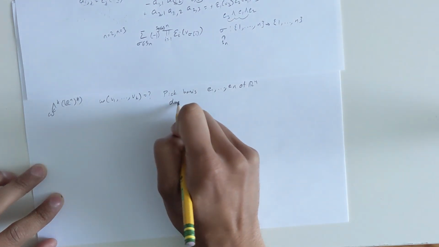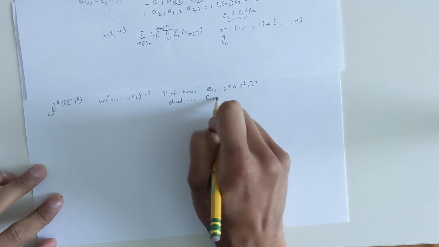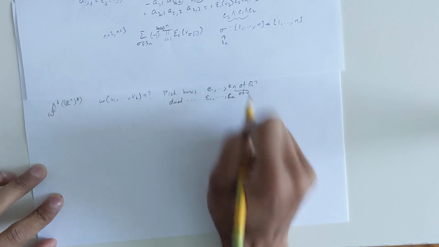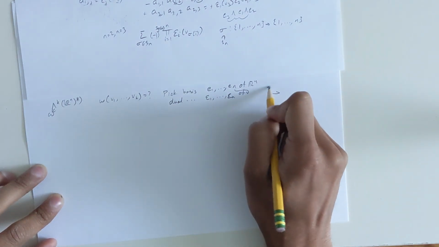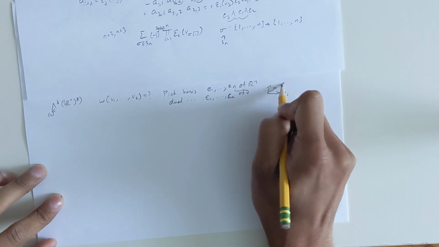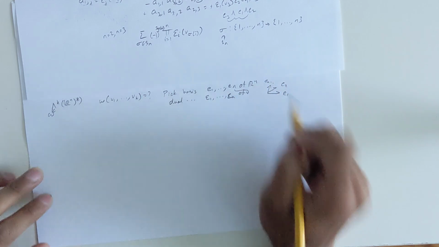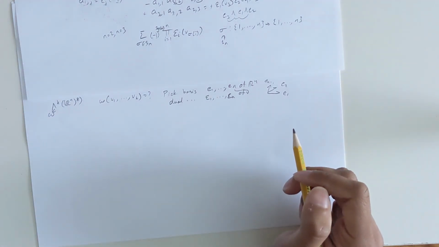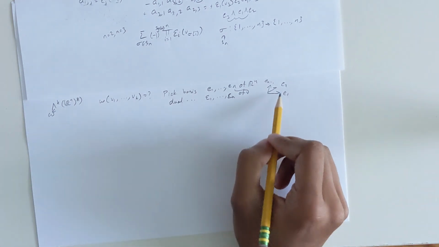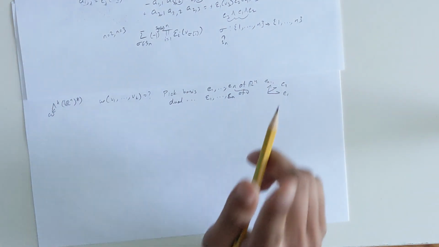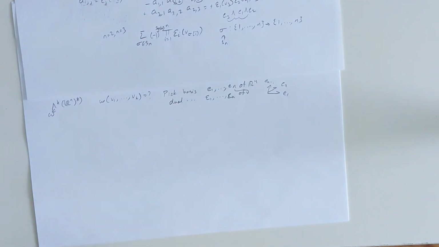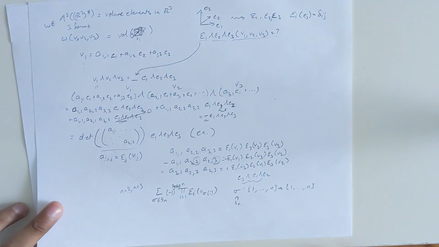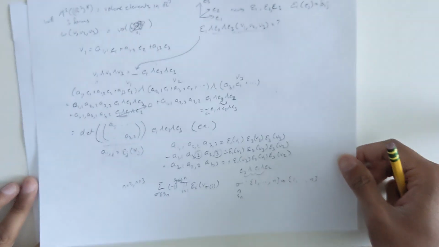And a dual basis, epsilon 1 through epsilon n of this. What that'll do is give you some basis vectors e1, e2, all the way up to en. The interpretation of this is that any k-dimensional parallelepiped spanned by k of these vectors will have a volume element of 1. So in the case that we had a volume element of R3, we have that a cube spanned by E1, E2, and E3